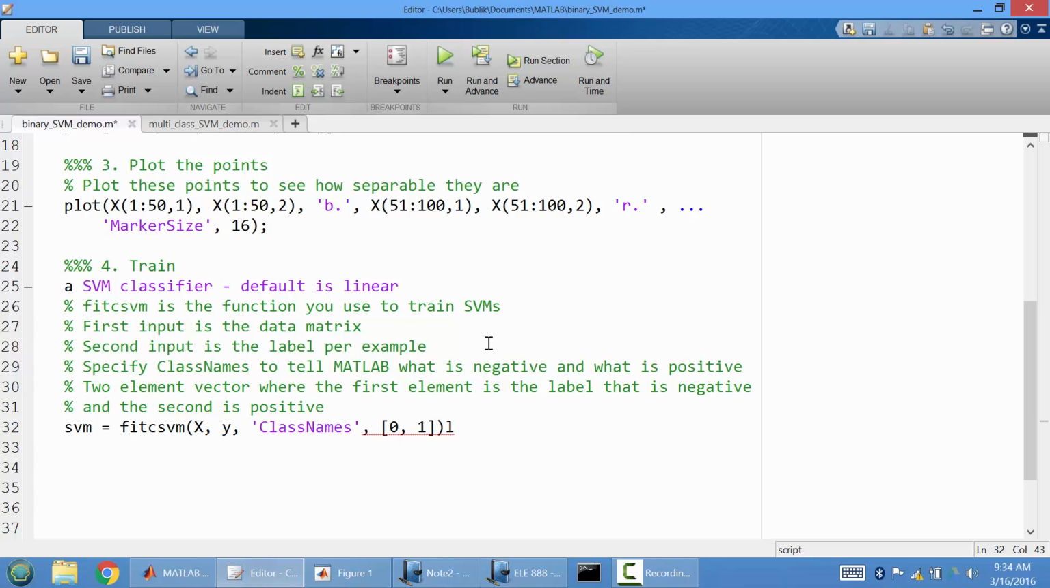The reason why this is nice is because it doesn't have to be numeric. For example, if you had a binary vector, you can make false be the negative class and true be the positive class. Or if you have labels that are strings, you can make one string the negative and the other string the positive, so it's very versatile. Okay, so its default is linear. So when you run this,